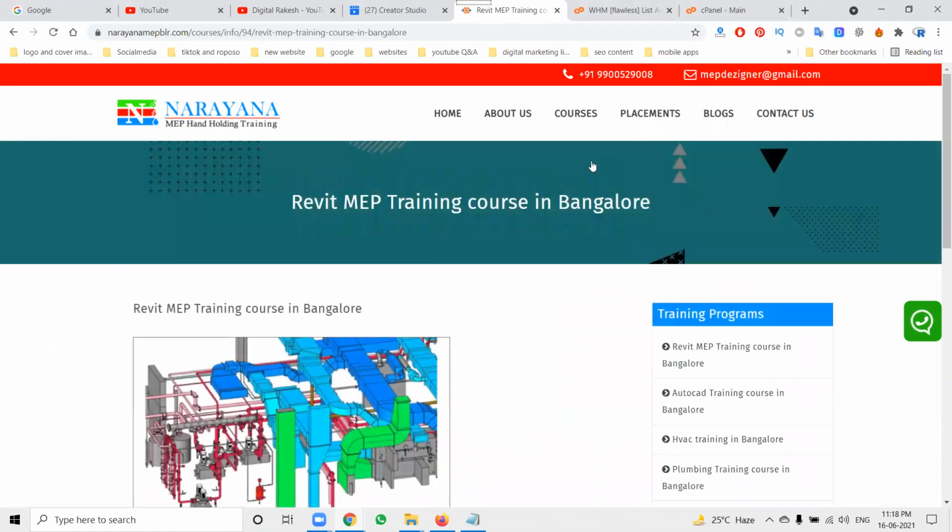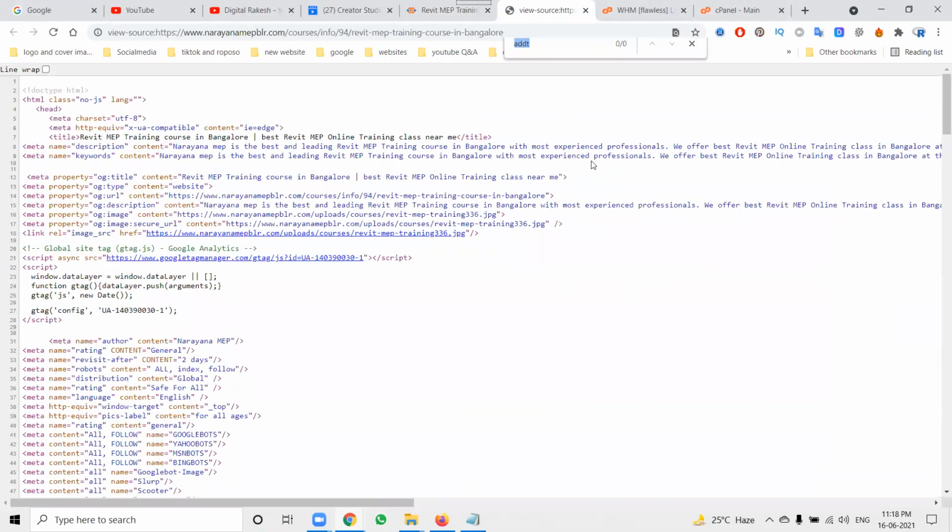A lot of people make the mistake that the H1 tag is missing. So how can we update the H1 tag for a PHP website? Whatever platform it is designed on, the H1 tag will be mandatory. There is a simple technique I'll tell you.